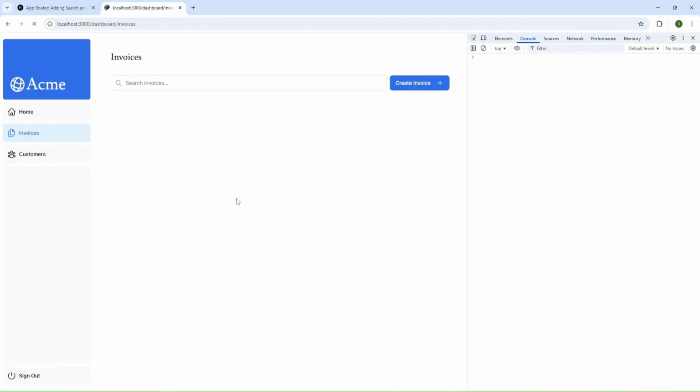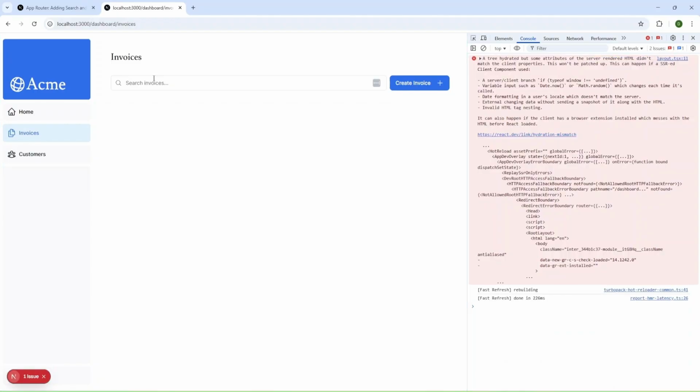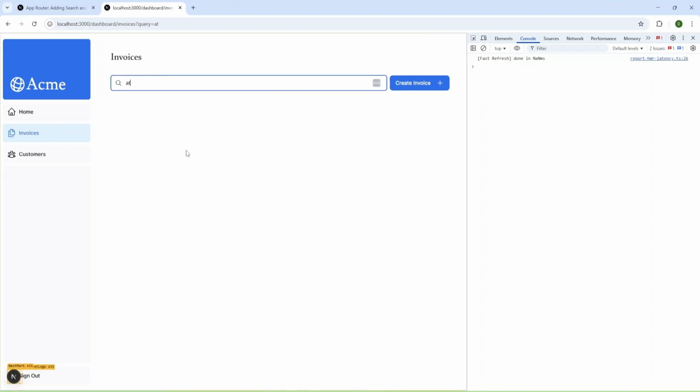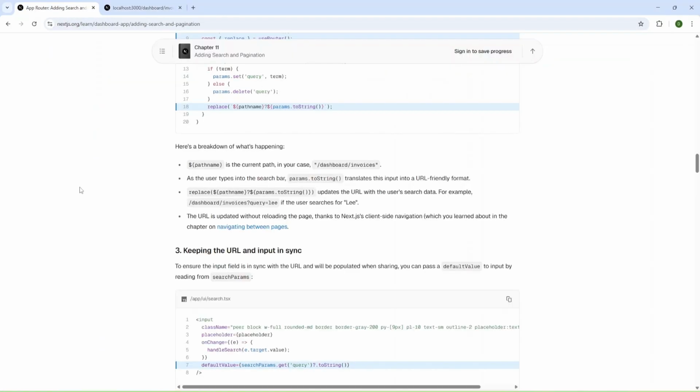And now let's check. I'm going to refresh this page and provide some input. Okay, we have an issue. I believe we can ignore it for now. Okay, and it's gone. And let's provide some search param. As you can see, inside the address or URL, we have a query, and it equals our input. And I can add more values. As you can see, when I'm adding letters here, our query is changing. Okay, and I can remove it and go back to docs.